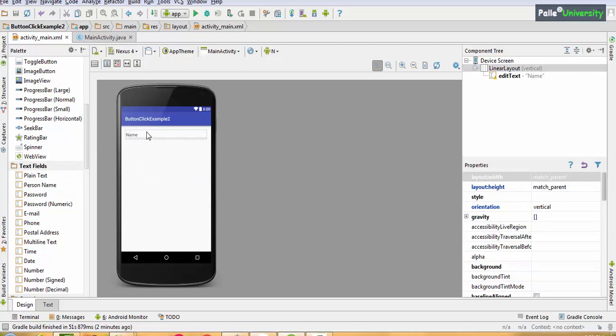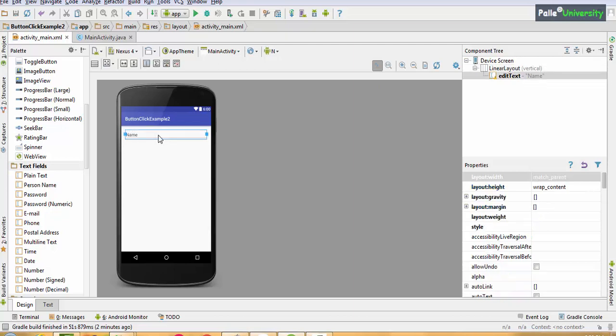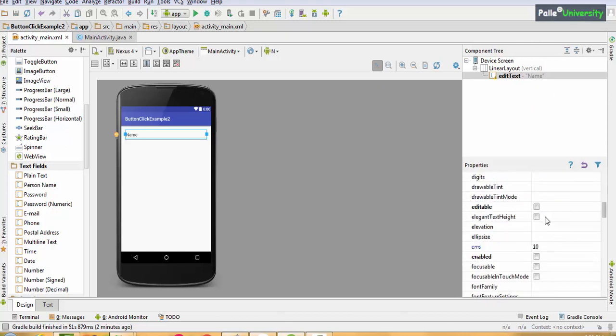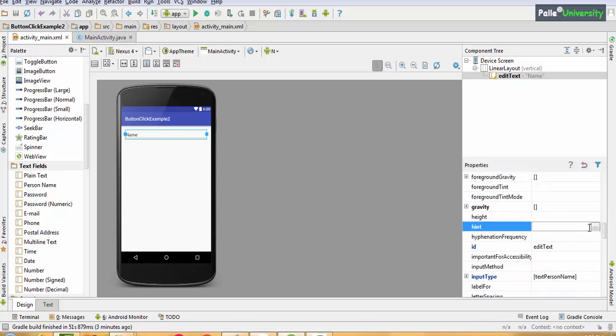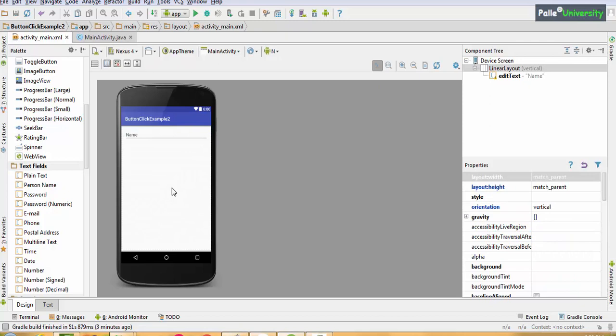Automatically it is coming with hint name. If you want, you can change this hint by using the hint property. Let me show you here. You can simply select this. You can observe this edit text is enabled, and just below this window you can see the property window. In the property window you can search for the hint property. In the hint property you can enter any desired hint. Let us say enter your name and click here.